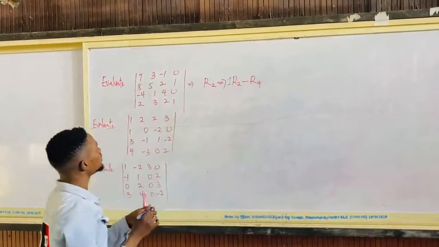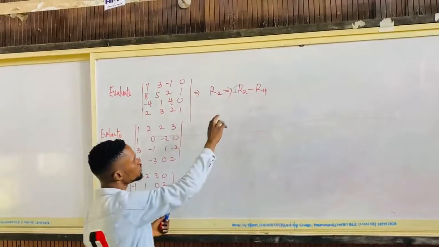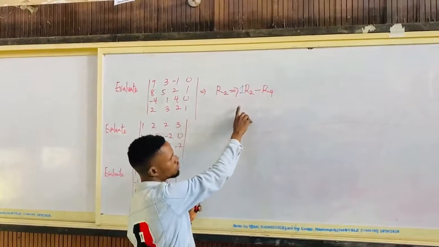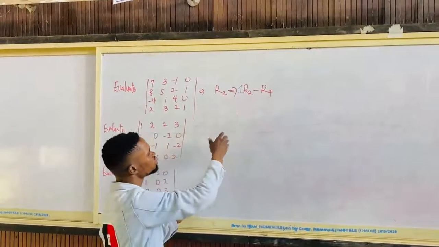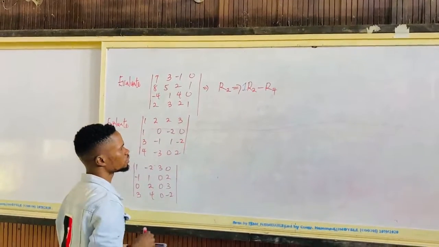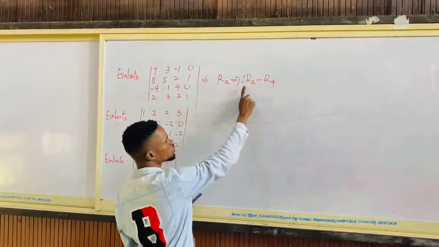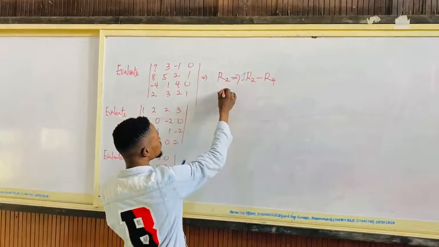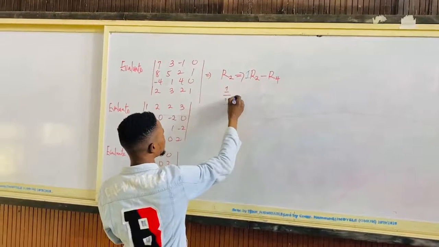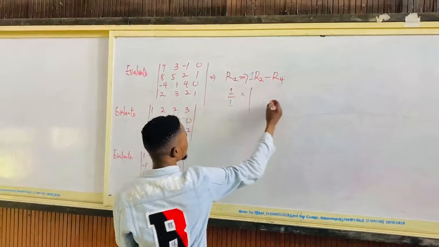If you are evaluating the determinant of a matrix and you are multiplying the row in which you are reducing by a factor 1, 2, or 3, make sure you divide the resulting determinant by that factor. The coefficient of row 2 here is 1, so that will be 1 all over 1, then times the determinant of